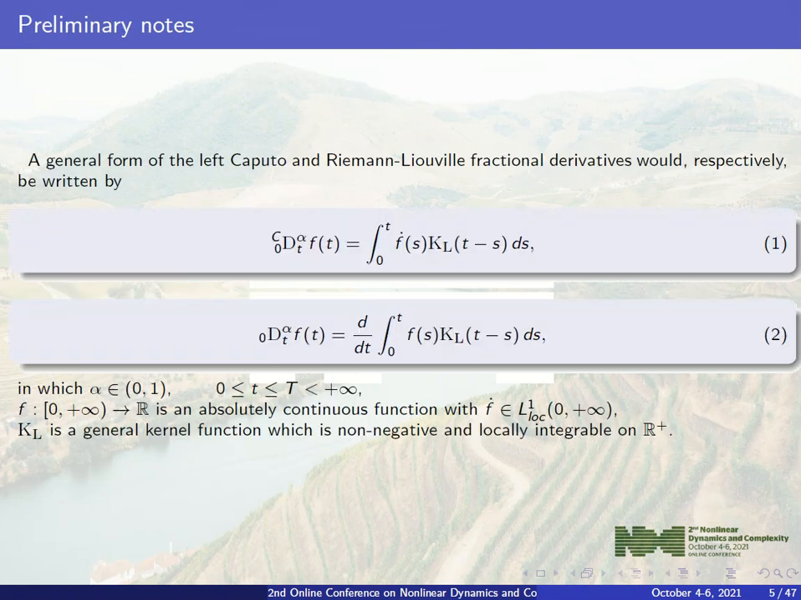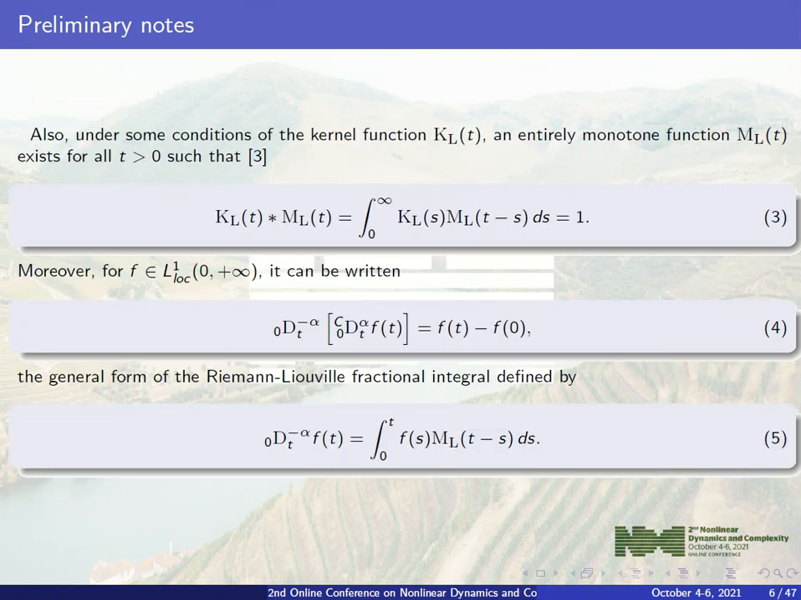In this part, some preliminaries are presented about the recently introduced general fractional derivatives and integrals. The general form of left Caputo and Riemann-Liouville fractional derivative would respectively be written by equation 1 and 2, in which alpha is the order of fractional derivative. Also, under some conditions of the kernel function KL of t and entirely monotone function ML of t exists for all t greater than 0 such that the convolution of kernel and monotone functions are defined